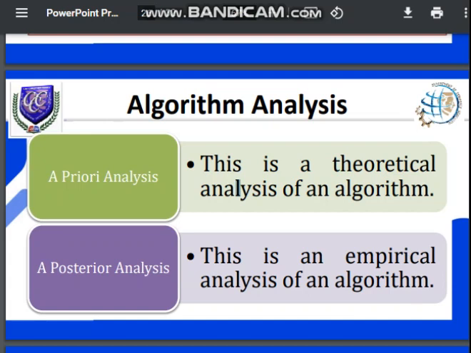When we say theoretical, the efficiency of your algorithm is being measured by just assuming that all other factors, for example, the processor speed, are constant and have no effect on the implementation. So, in theory, nag-create ka na ng analysis mo. For the posterior analysis, which is also known as the empirical analysis of the